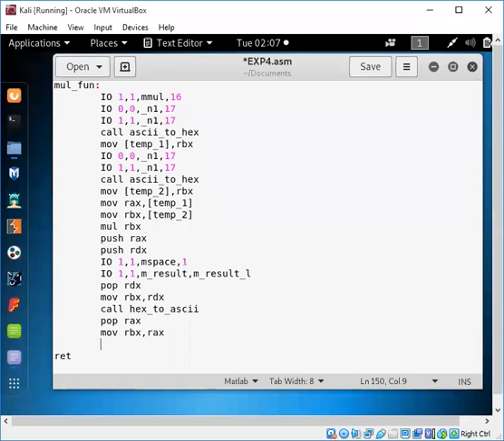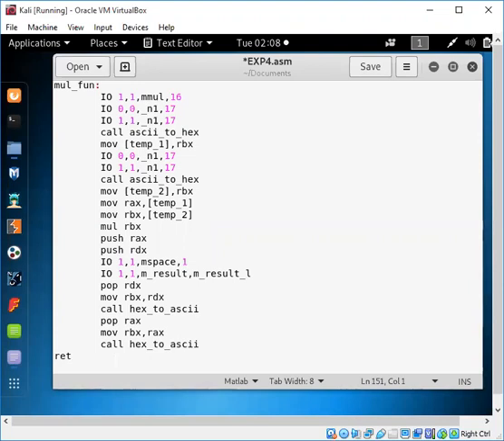Okay, so in the first part we are taking your first number. In the second part we are going to refer to the second number which you have taken, in RAX with the first temporary variable, and RBX with the second temporary variable as the second input which you provided. Okay, so performing this final result, but before that we need to get the final conversion. So first input will be provided, and after that the second input.